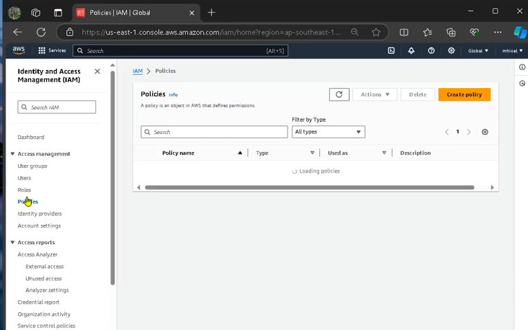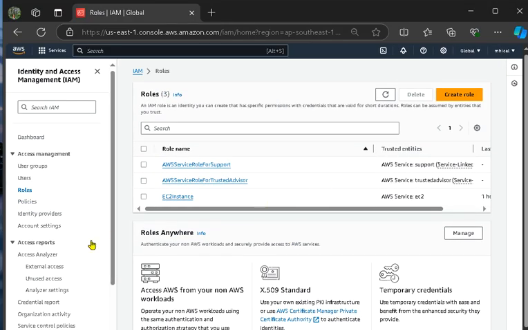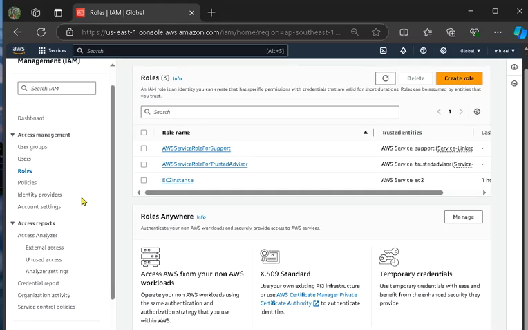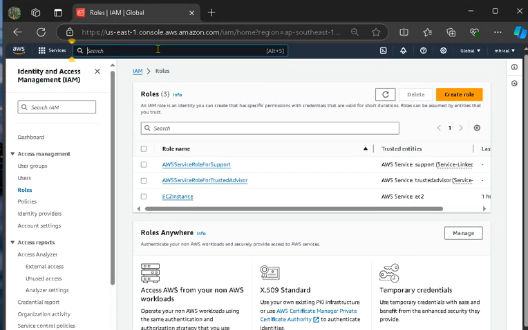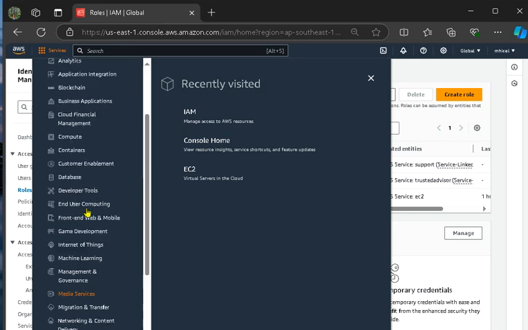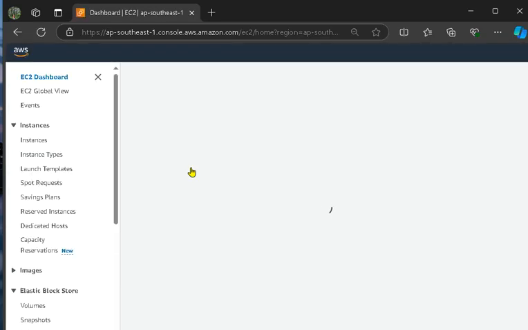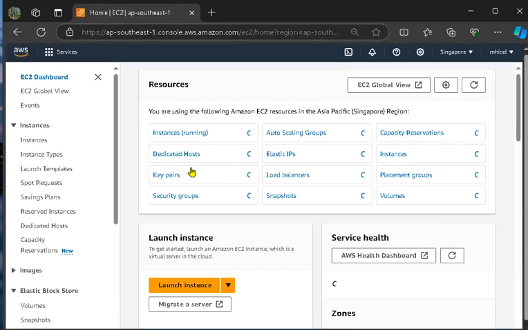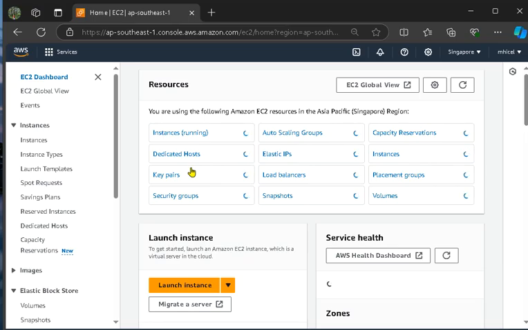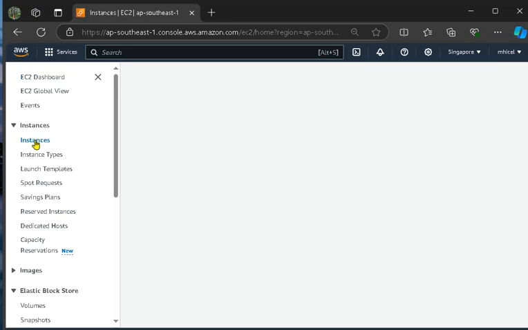You can create the policy. You can select roles, create roles rather, and you can navigate to other services here, EC2, services that they offer, Instances.